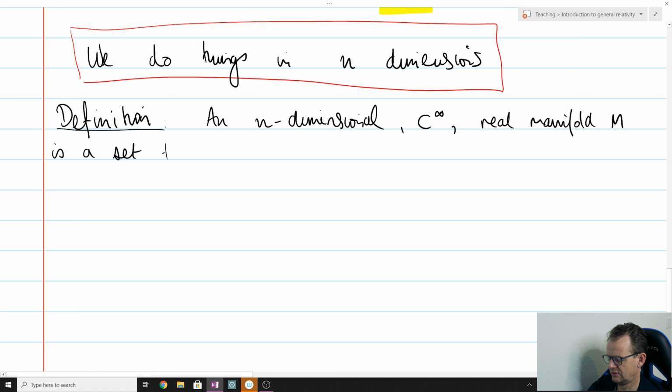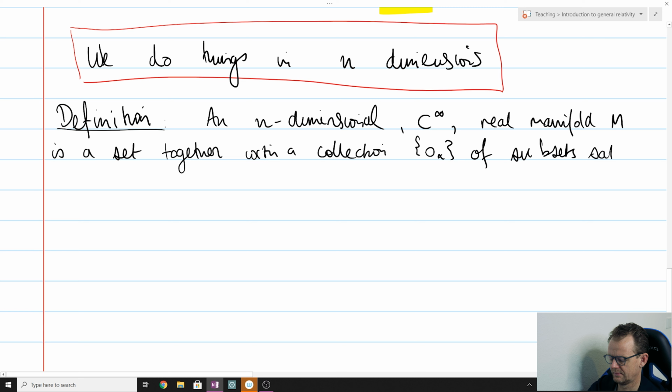I'm at least assuming you're familiar with the basic notions from set theory, together with a collection, we'll call them O alpha, of subsets satisfying